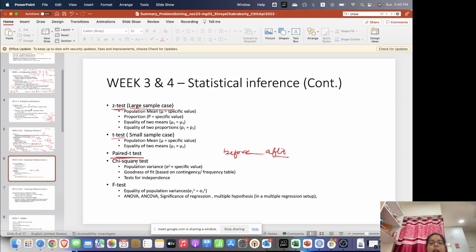Okay, and then we use chi-square tests for testing population variance, for goodness of fit, and for tests for independence. And the F test we usually use to assess equality of population variances, in ANOVA and ANCOVA, significance of regression, and joint hypothesis in a multiple regression setup. So in all those cases we have seen that we are using an F test. Okay,